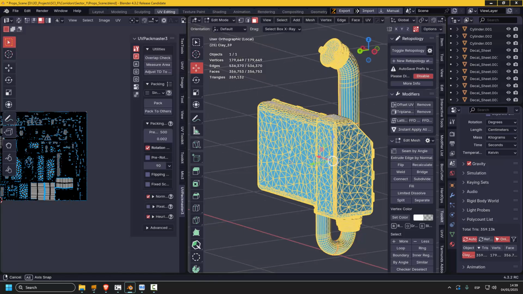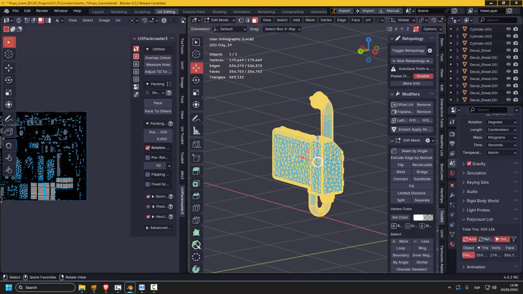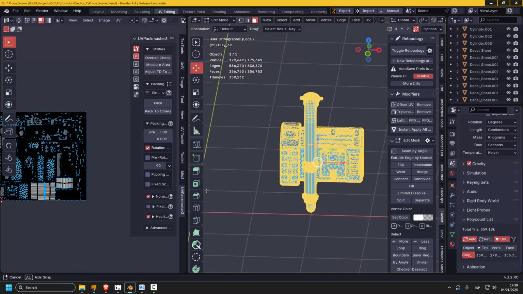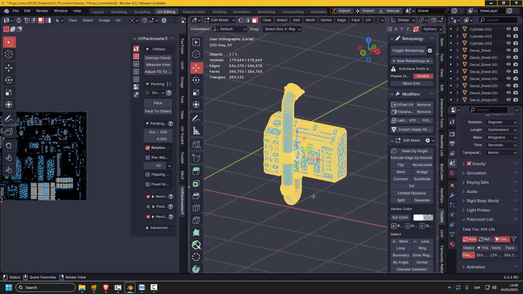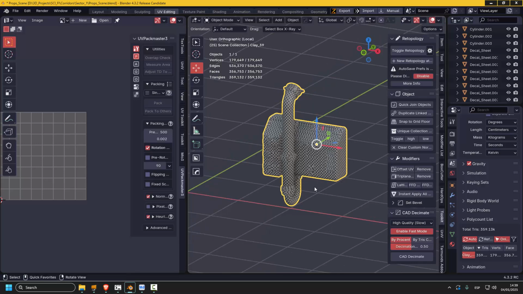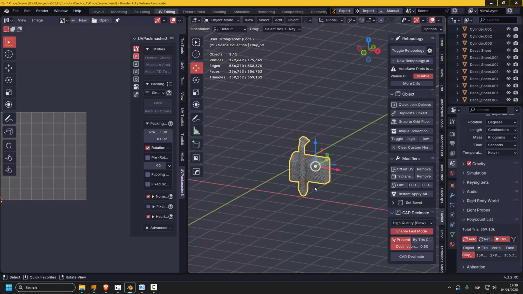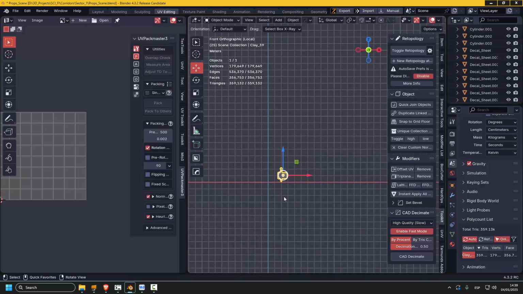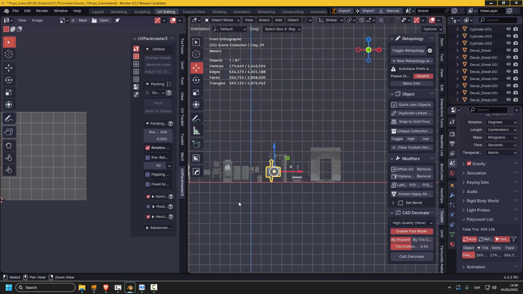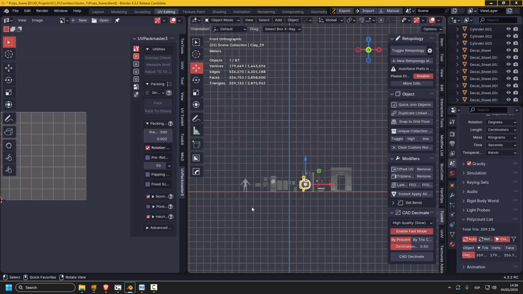You're never going to see that stuff there, and it doesn't take up any UV space, but you still have a solid mesh for Lumen. And that's pretty much it then. Just go through every single asset, and you can see here when you have a lot of assets to unwrap, I usually just bring them all in here,